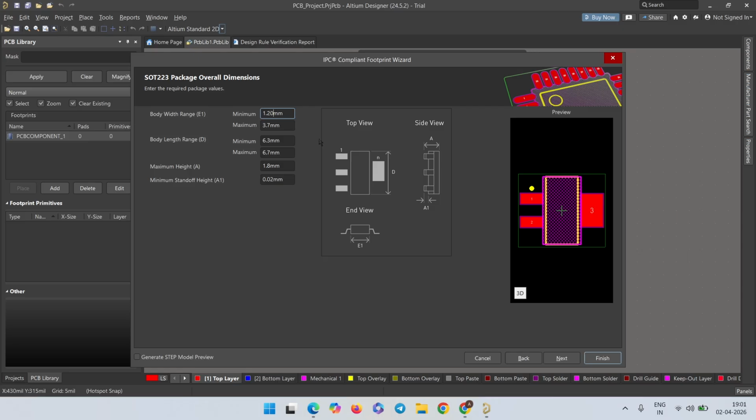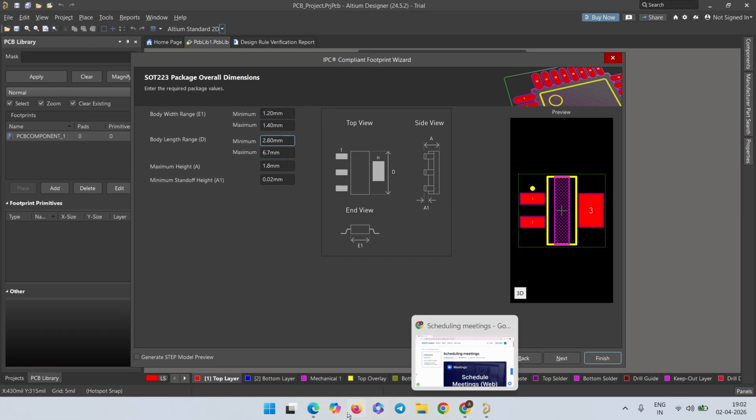1.20, the other one is 1.40. Okay, then the body length. Body length is represented as 2.80 minimum. Okay, once you get entered, Shankar,